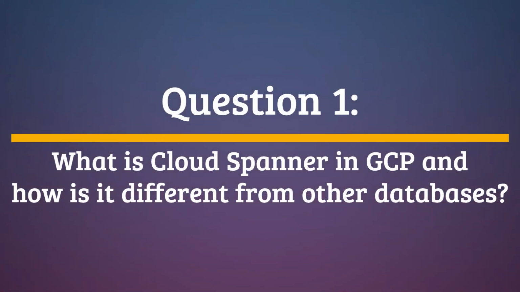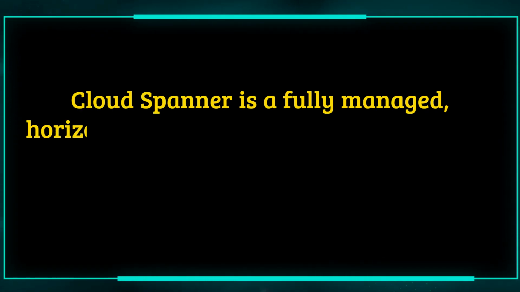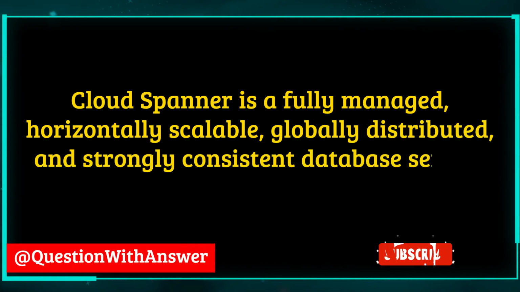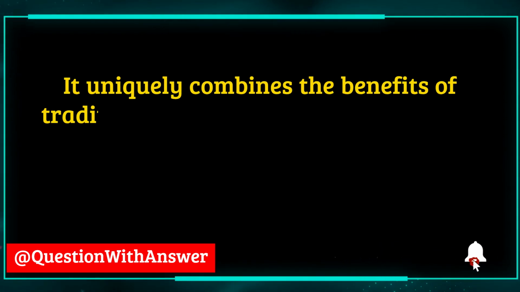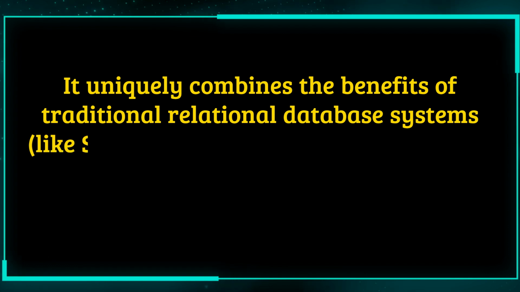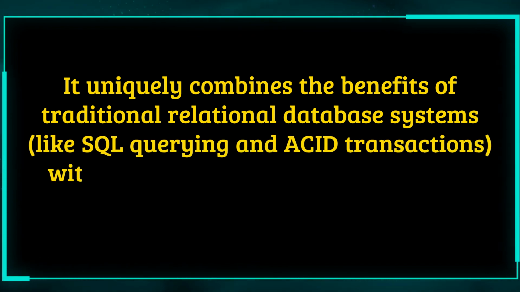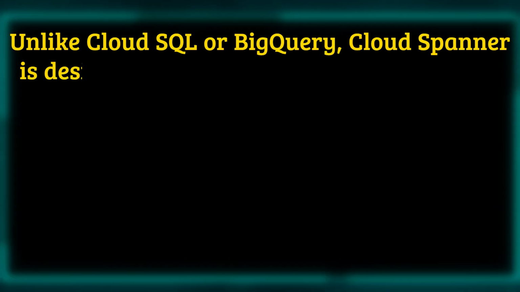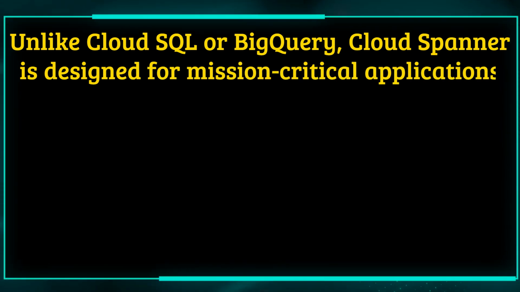Question 1. What is Cloud Spanner in GCP and how is it different from other databases? Answer. Cloud Spanner is a fully managed, horizontally scalable, globally distributed, and strongly consistent database service offered by GCP. It uniquely combines the benefits of traditional relational database systems, like SQL querying and ACID transactions, with the scalability and availability of NoSQL databases. Unlike Cloud SQL or BigQuery, Cloud Spanner is designed for mission-critical applications that require high availability